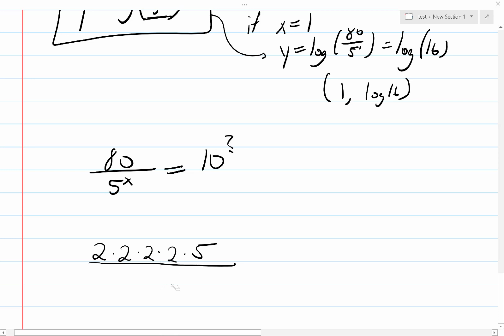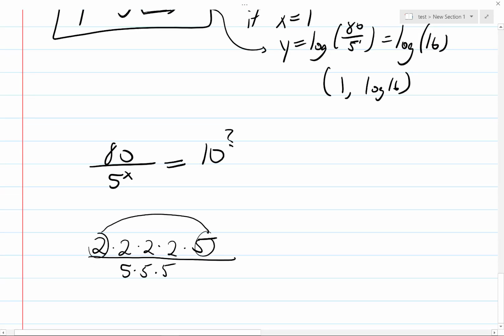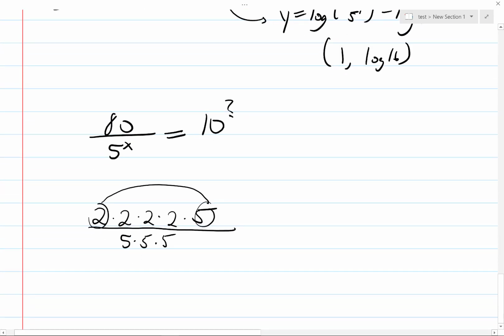Well, I kind of want all these 5s to be matched up with that 10. So, what am I trying to say? This is going to make a 10, that 2 and the 5. But I kind of want all those to make 10s too. So if I divide by 5 times 5 times 5, that'll be awesome, right? I'll have 10 times 10 times 10 times 10. This will be 10 to the 4th. So if I let that x, I need to make it be a negative 3. So if I let x equals negative 3,